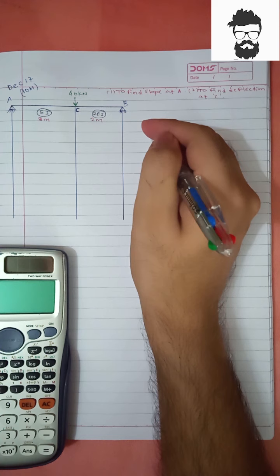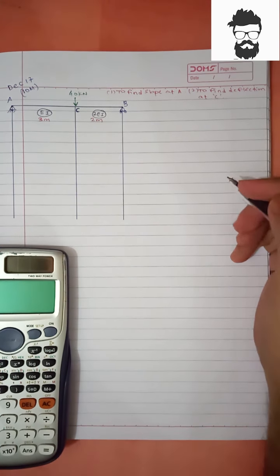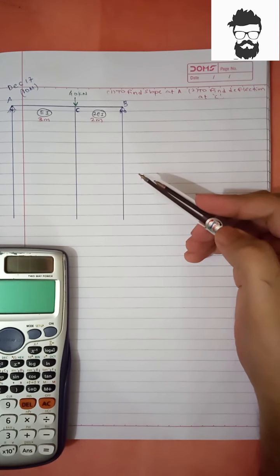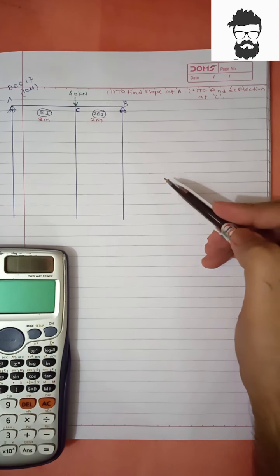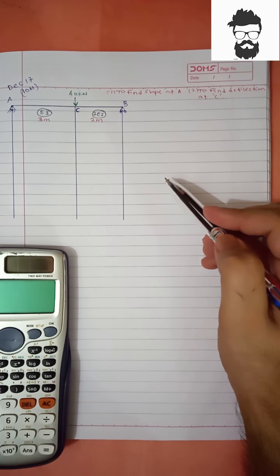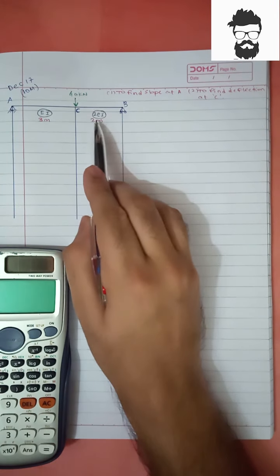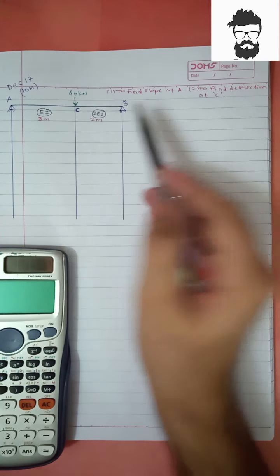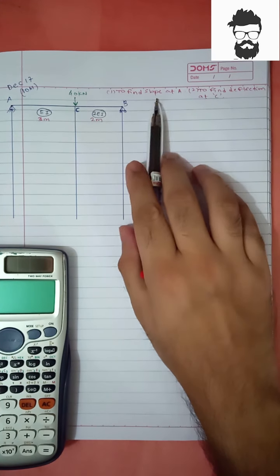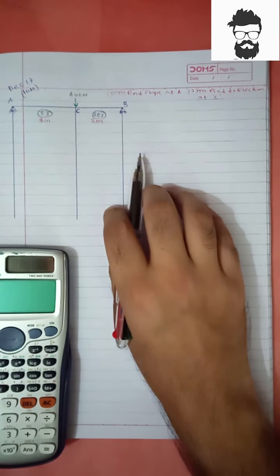In the previous lecture we studied the basics of the conjugate beam method. Now in this video we'll be taking this question which was asked in December 17 for 10 marks. The question is a type 1 question based on a simply supported beam with varying flexural rigidity and having a point load of 40 kN at C. In this question they have asked to find the slope at A and the deflection at C.